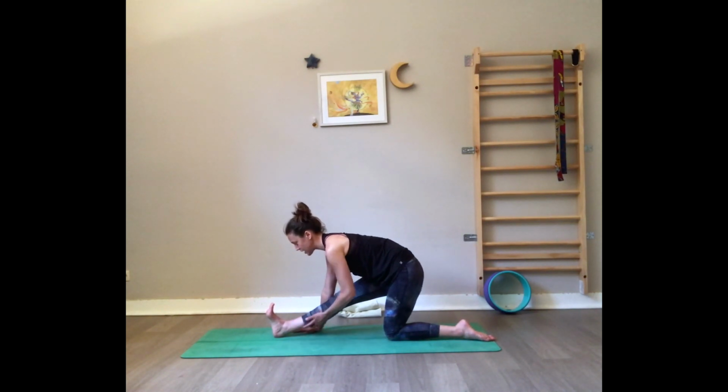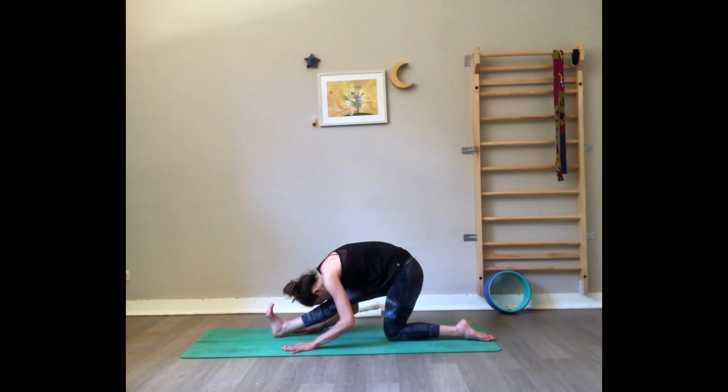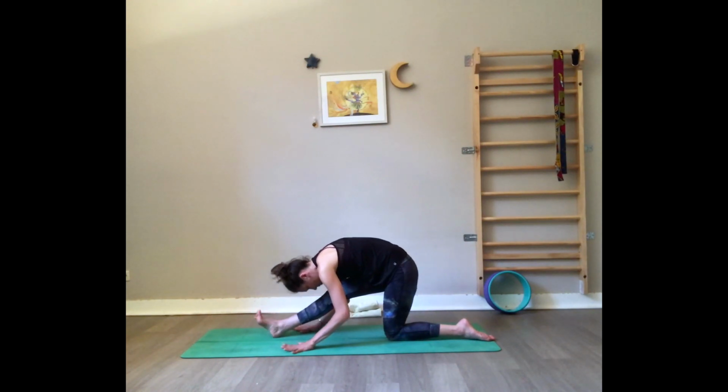Half split, feel a nice stretch in the back of the right thigh. You can stay here or you can fall forward, bringing the nose towards the knee, as long as you have a flat back. Now come back to the center,